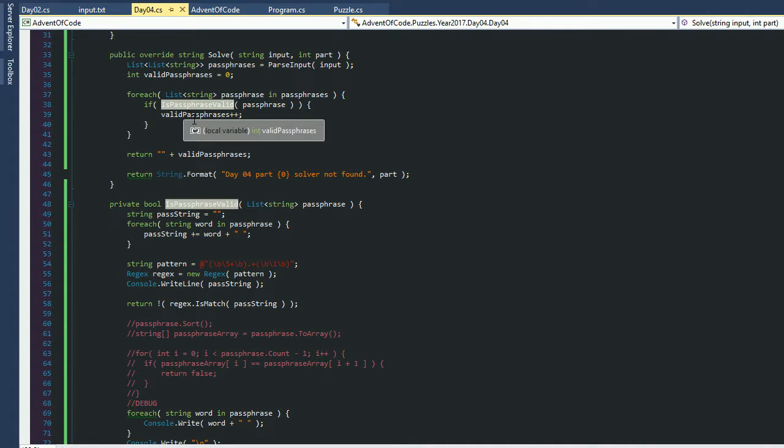Okay, so first of all, we're going to need to change this function. So we want